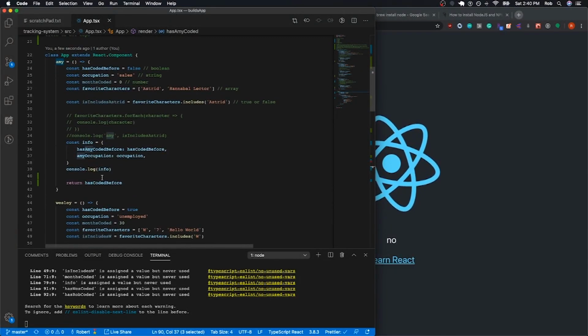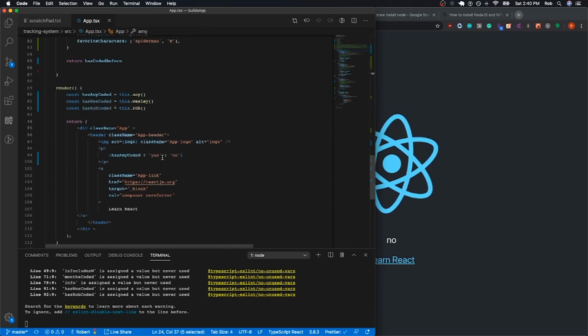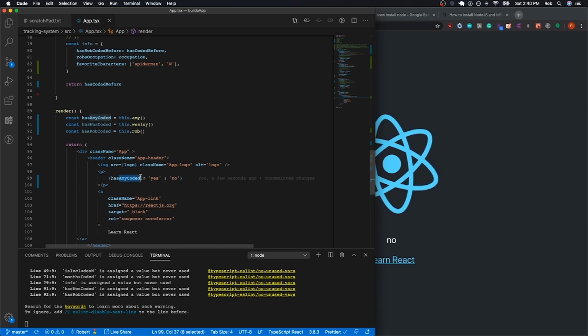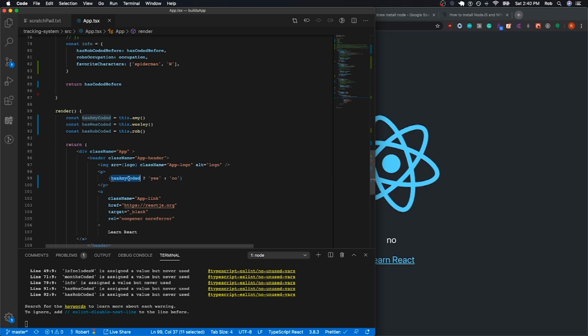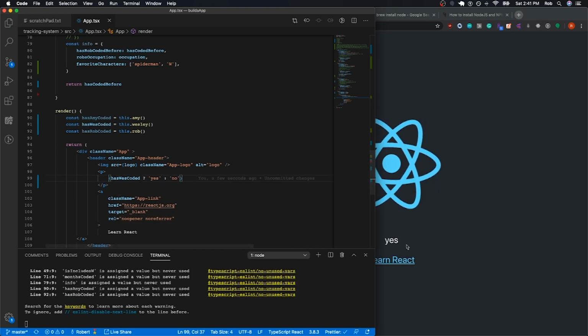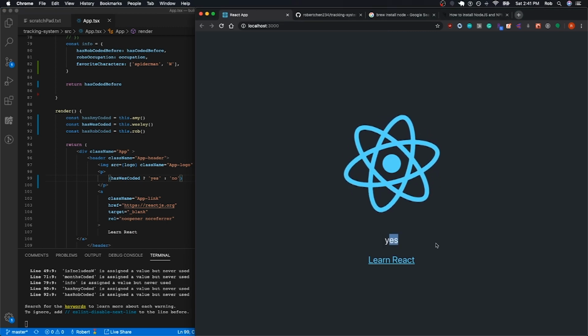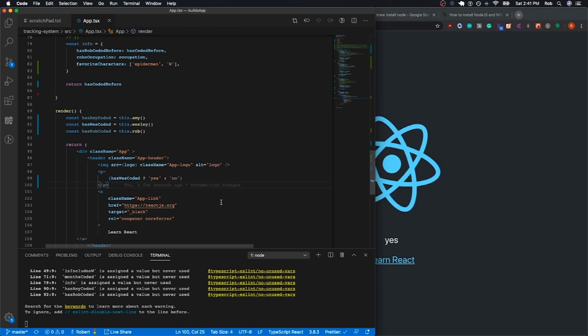We see over here has coded before equals false. So when we hit this conditional, it grabbed the no instead of the yes. But if we switch it and we say has Wes coded before, we'll see this change to yes. So did that make sense? Wait, so the question mark is